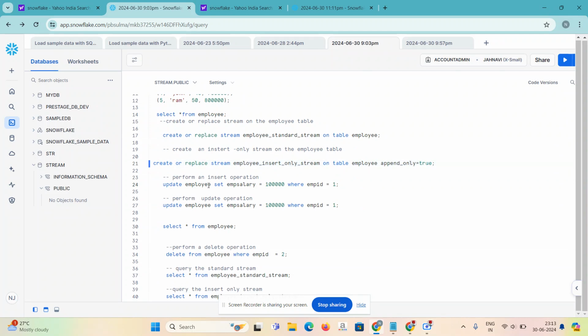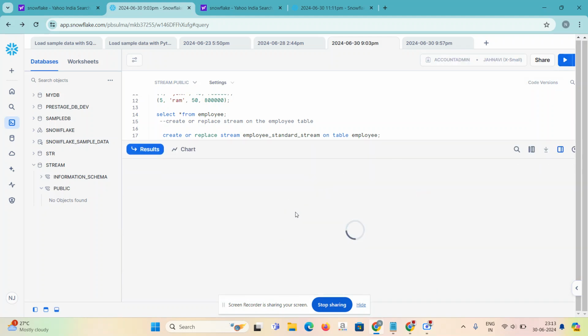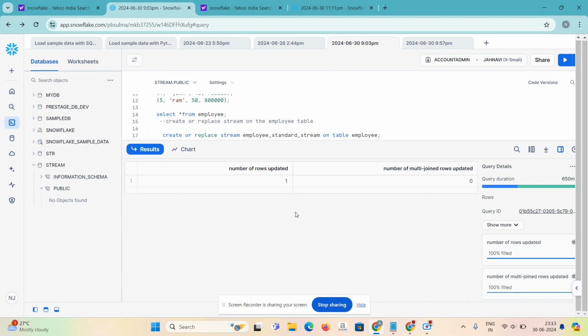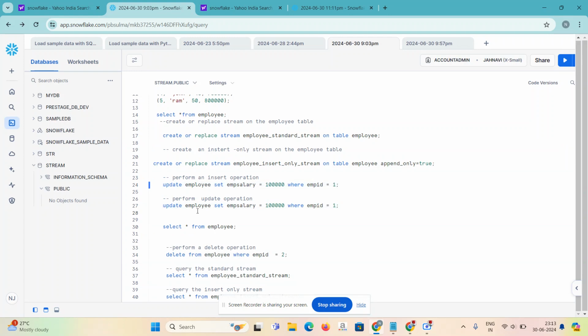Then we want to perform the DML operations. Just update the employee. Here we see that the rows are updated.